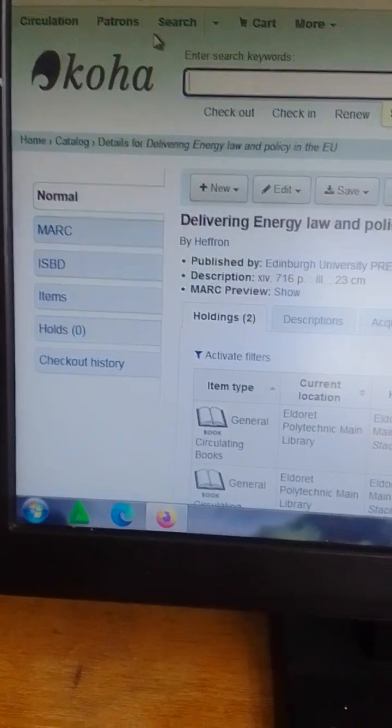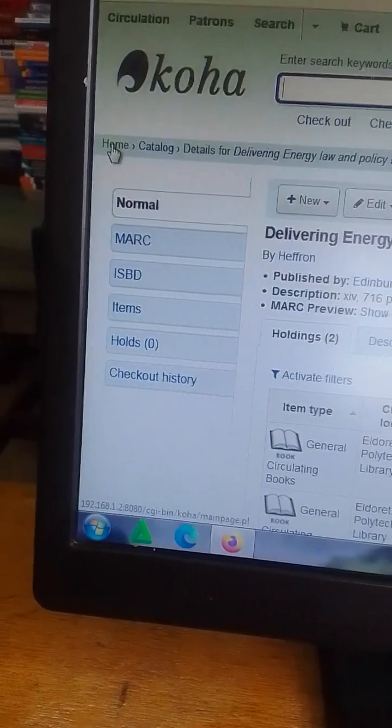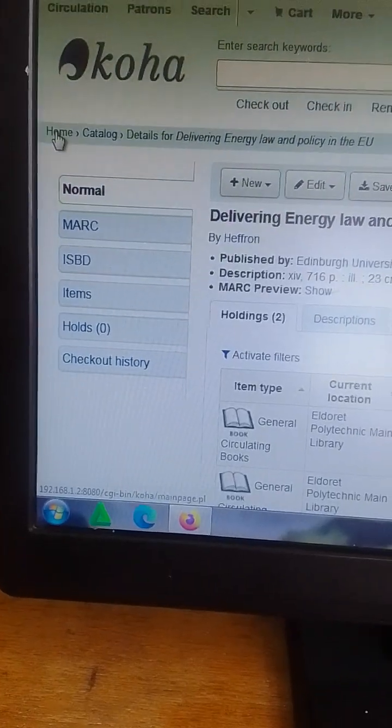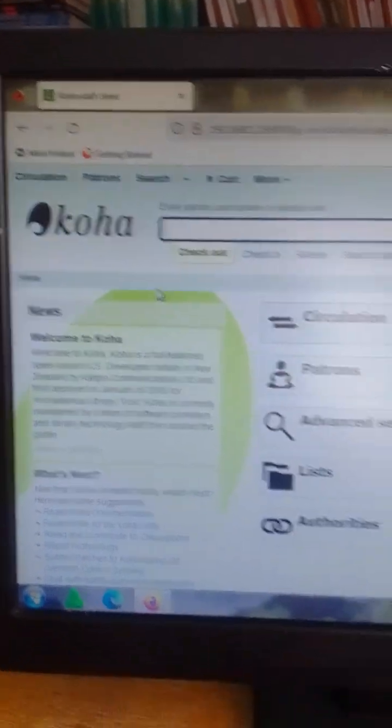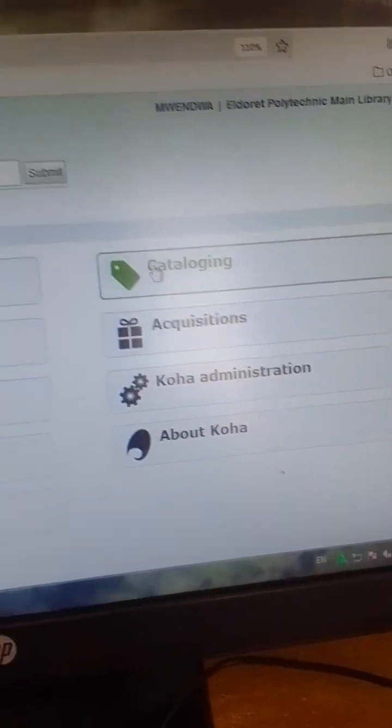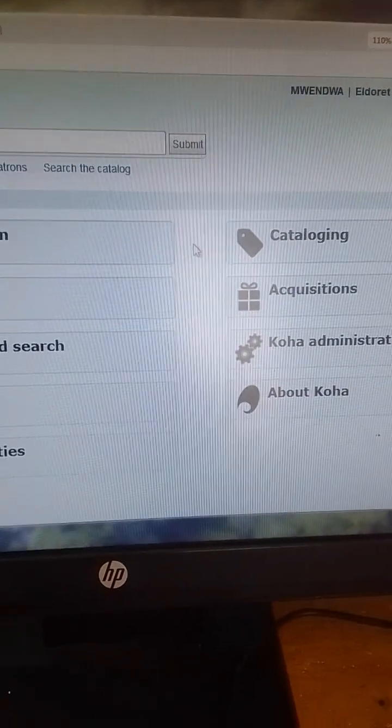After that, if you want to catalog the next information material, you go to home. Wait for a few minutes to load. After that, you see it will bring up these details. So after that, you now catalog. You press at this point. After clicking that point,